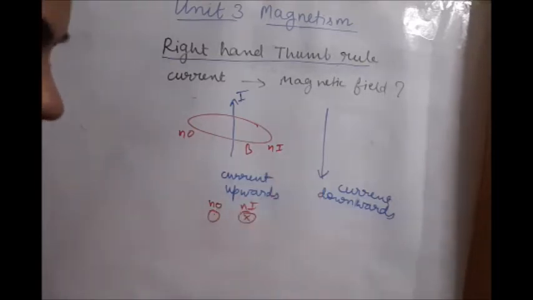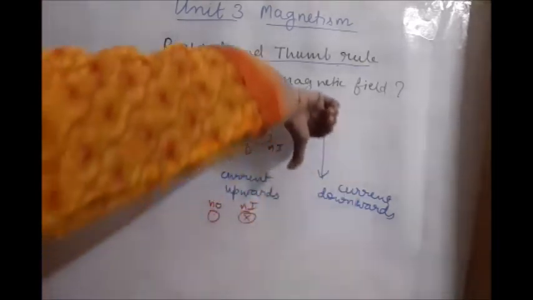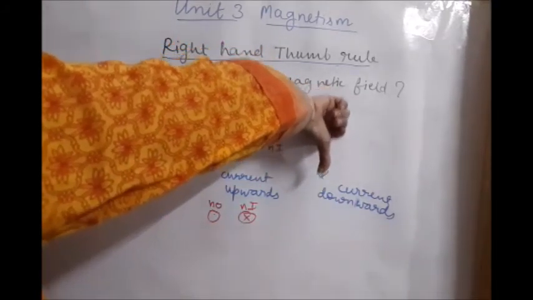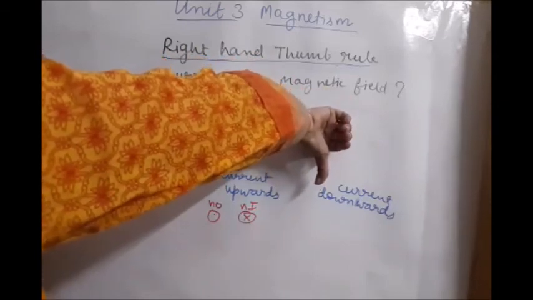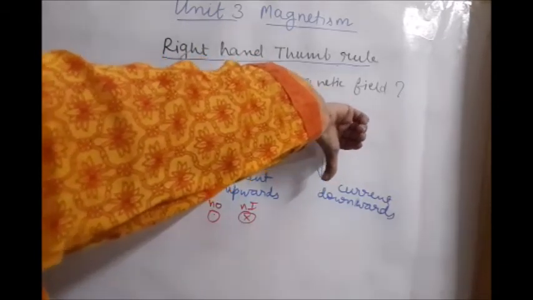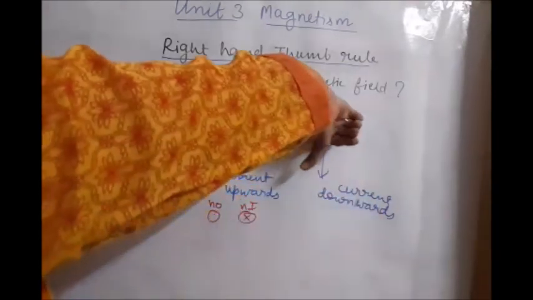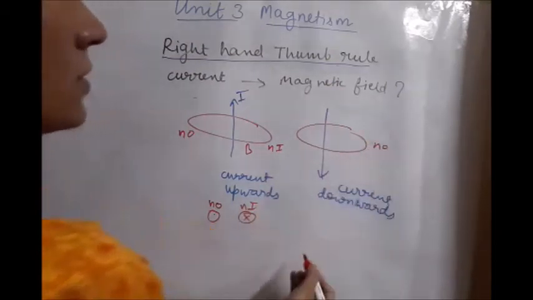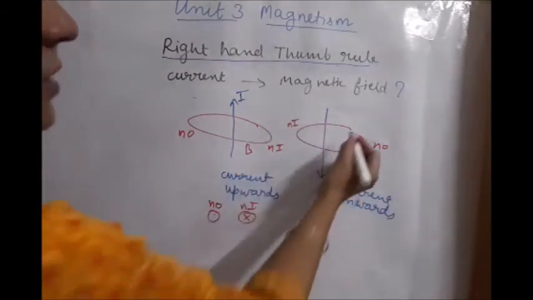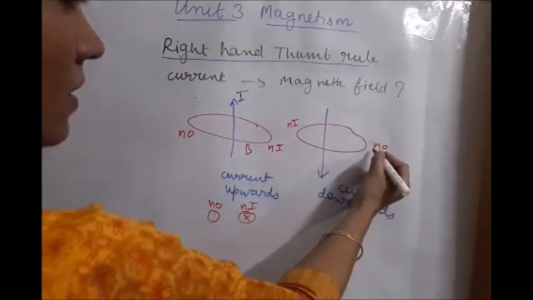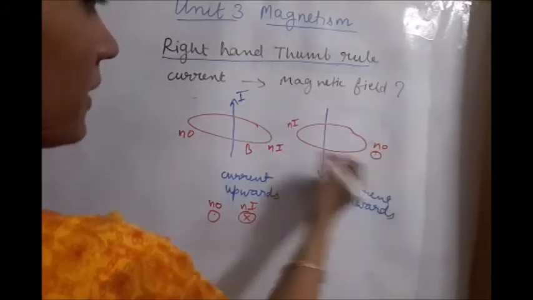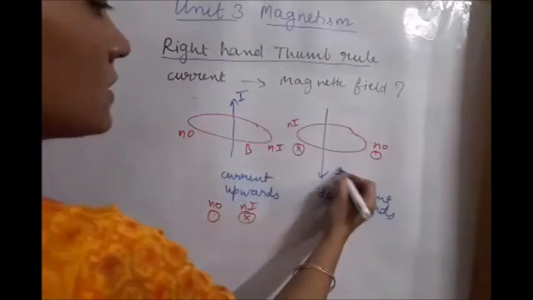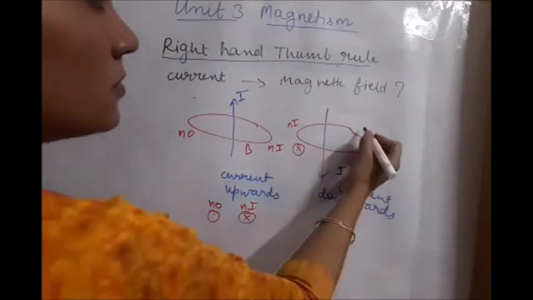Now let us practice for this case. We have to turn our right hand in such a manner that the thumb is now pointing down because current is down. Now notice the direction of the fingers. At this point the fingers are coming out, so here out and here in. This way we have shown normally out and normally in. So our blue line was current and our red circle means magnetic field.